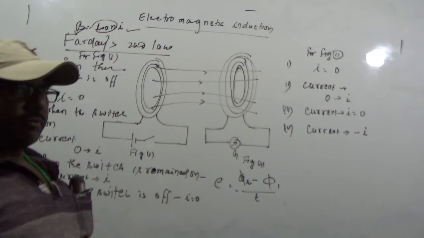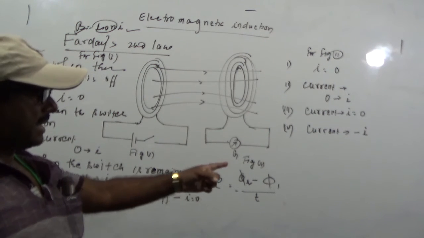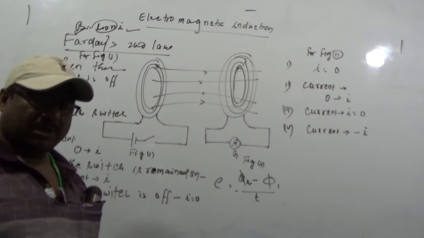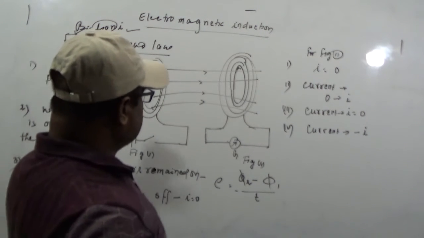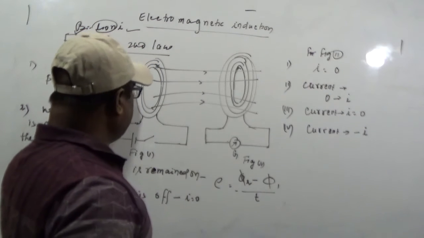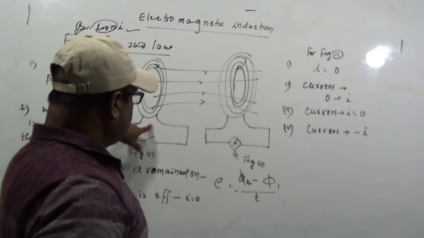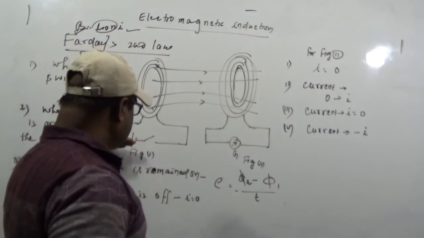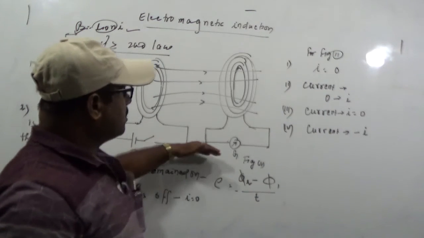So, this is the second one. Phi 2 minus phi 1, that is change in magnetic flux per unit time, causes the EMF. Look here, once again I am going to explain in Hindi. Here it is the coil, it is also a coil. When it was at switch off, there was no